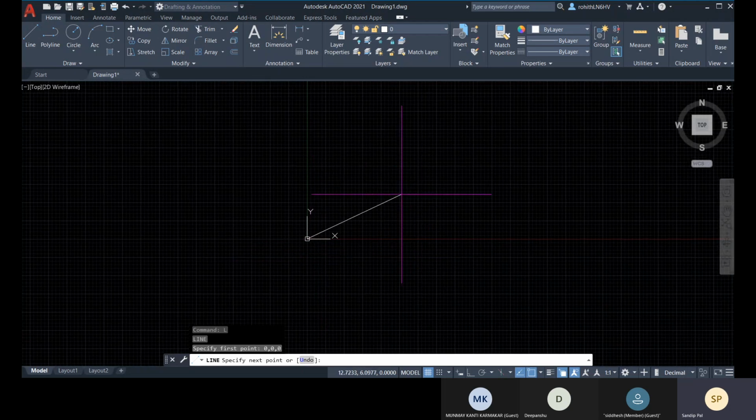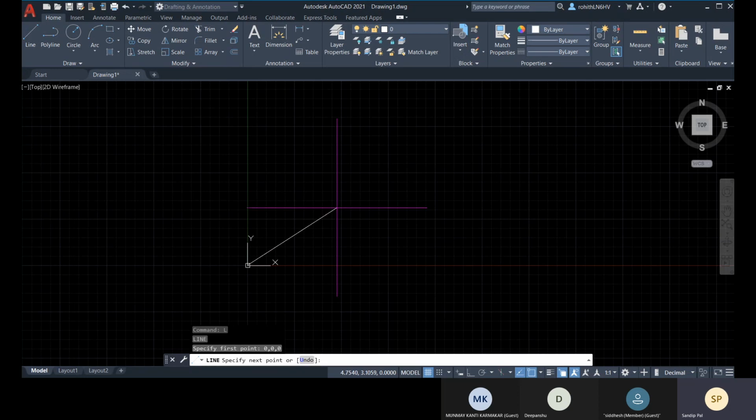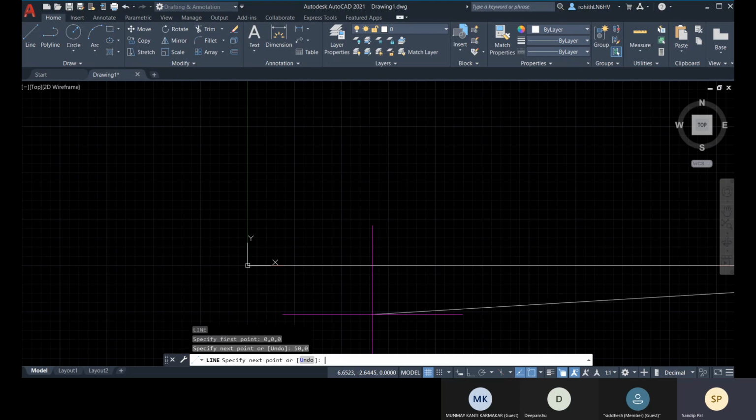For the next point, I will place 50, comma 0. So the x value is 50 and the y value is 0. The values are being calculated from the origin, that is the UCS origin. So let's type 50, comma 0, enter.